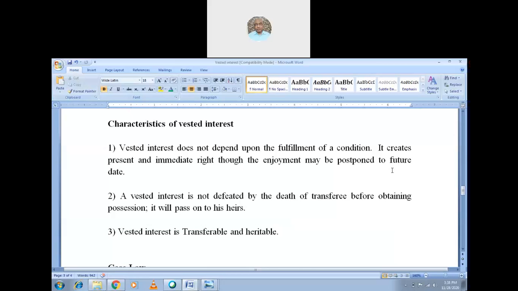A vested interest is not defeated with the death of the transferee. Suppose